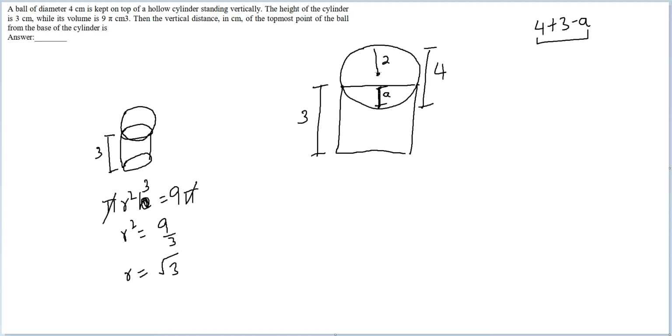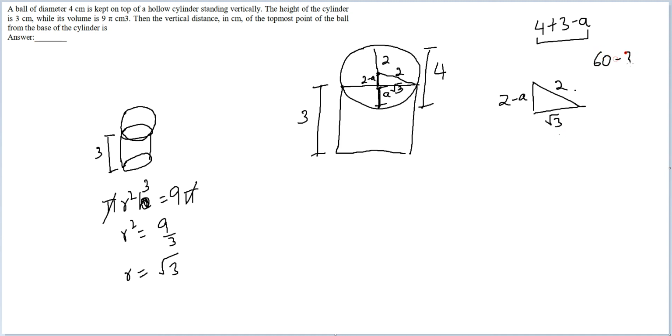So what I'm doing is I'm drawing a radius from the center of the circle to this point, and I'm drawing the height till this point. Now this height should be equal to 2 minus a. This radius has been given to me as 2, and the base radius for the cylinder is root 3. So I have a triangle with the following dimensions: 2 minus a, root 3, and 2. If you see, this is 2, this is root 3.